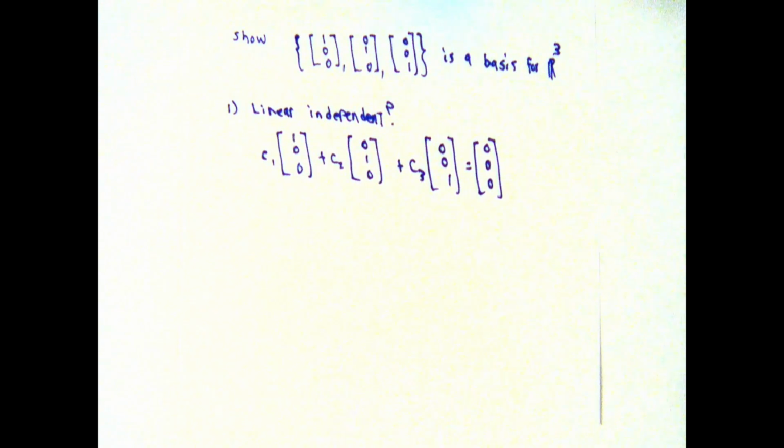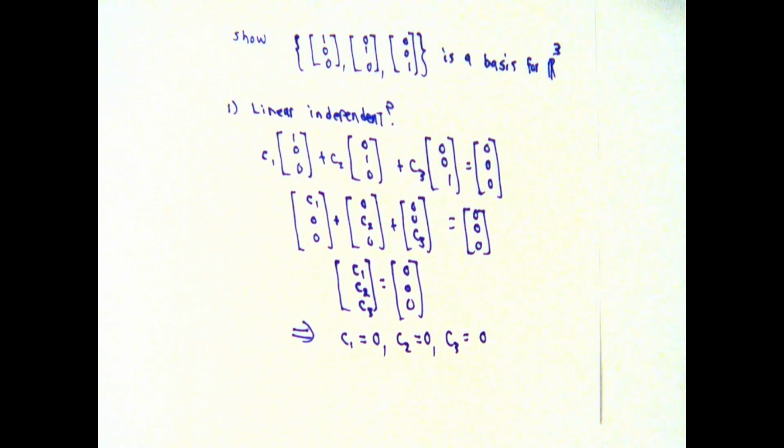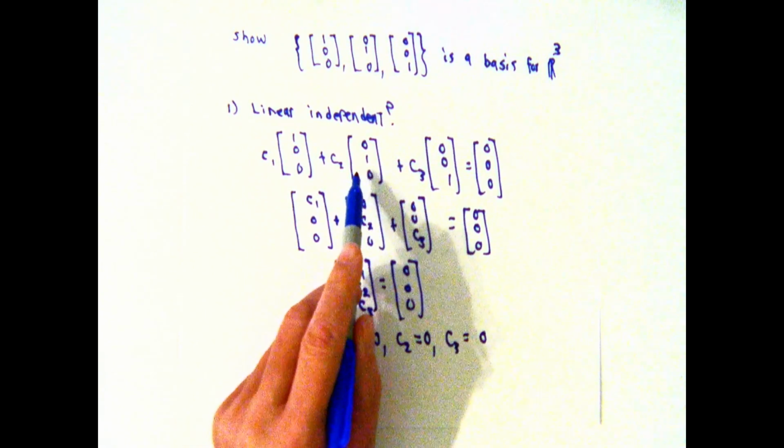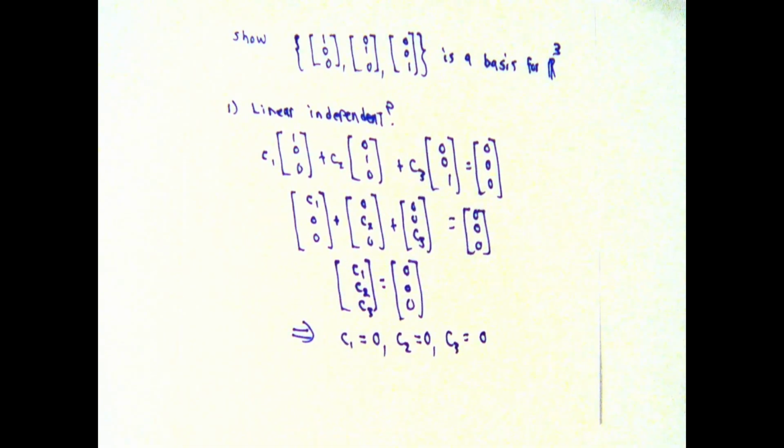Obviously, you could do that by making C1, C2, and C3 all equal to 0, but the question is, is there any other way of doing it? It's a straightforward calculation to show that if C1 times the first vector plus C2 times the second plus C3 times the third comes up